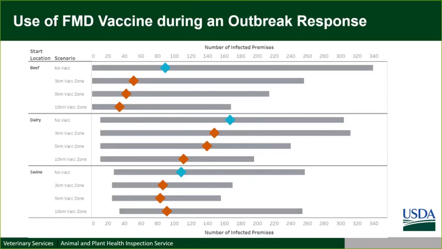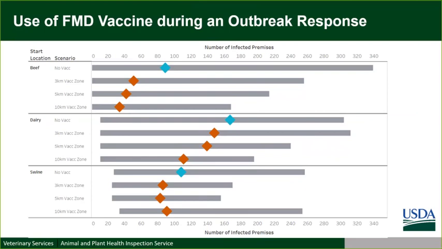So key point number one, we'll jump into some of the key findings that we've made over the years with foot and mouth disease modeling. Use of vaccine in the containment zone will reduce the outbreak in terms of the number of infected premises as well as in the duration. So these are comparing scenarios where we're looking again at 85% coverage within containment vaccination zones, meaning zones occurring around the detected premises. So after you have a detected premises, you're throwing a vaccination zone around that, and then you're trying to get vaccine in the animal as quick as possible.